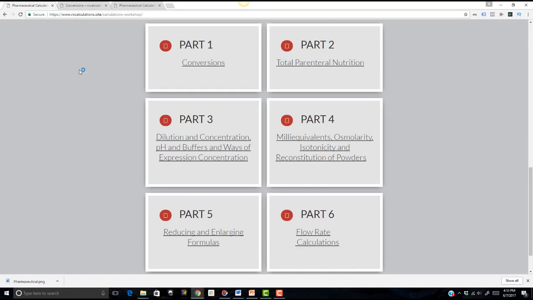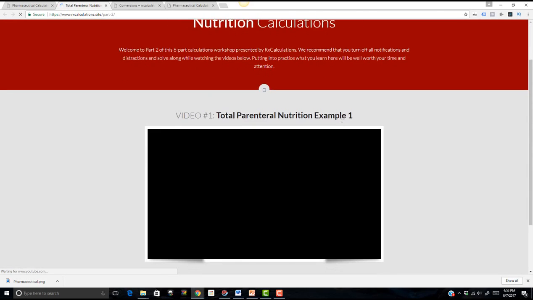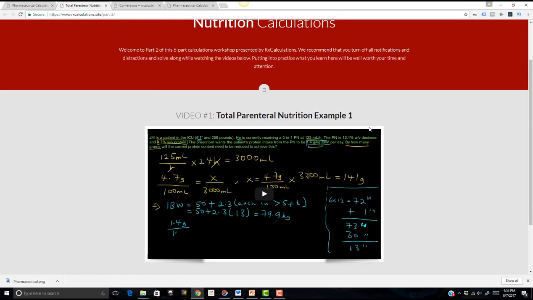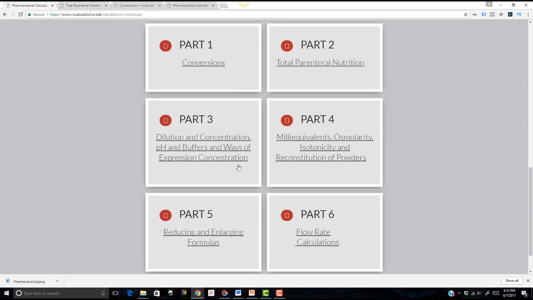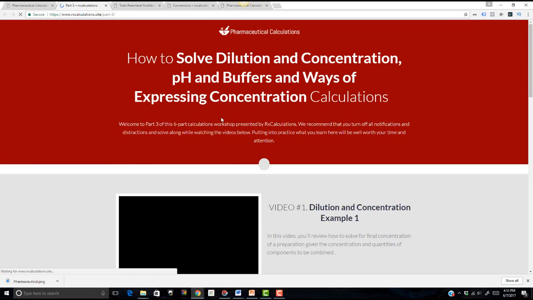If we go to part 2, you have 1 question on TPN, so total parenteral nutrition, and this question really is one that synthesizes a lot of information. So as you go through it, you would be reminded of things like ideal body weight calculation and how that becomes pertinent. Okay, in part 3, you have dilutions and concentrations, and there are a total of 5 questions